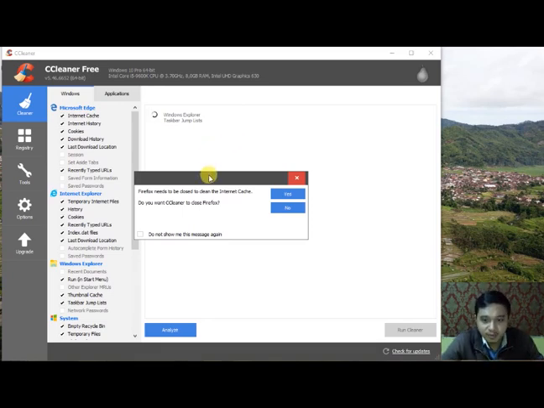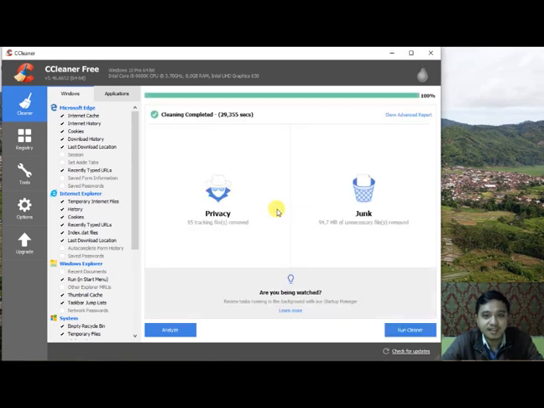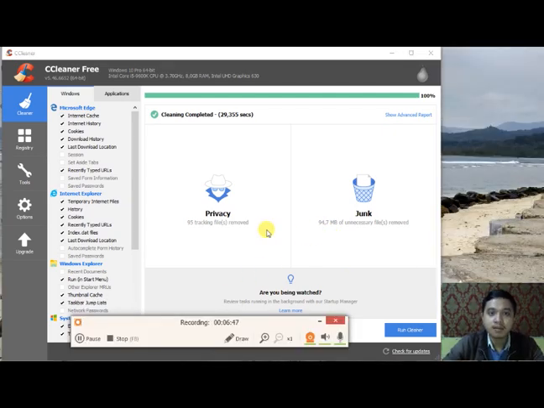When we run the cleaner again, CCleaner shows the message pop-up again: Do you want CCleaner to close Firefox? Because I still want Firefox to stay open, we choose no, and then cleaning is complete.